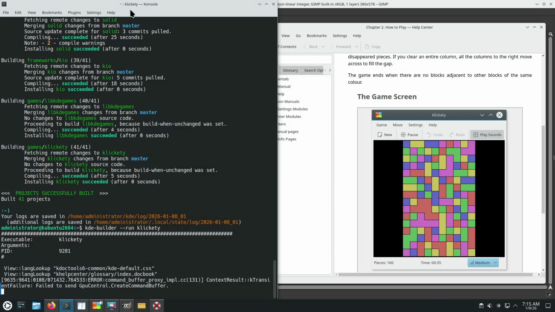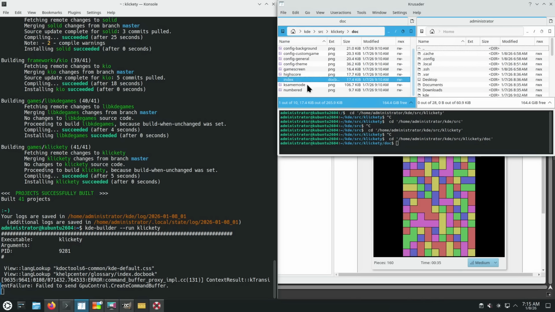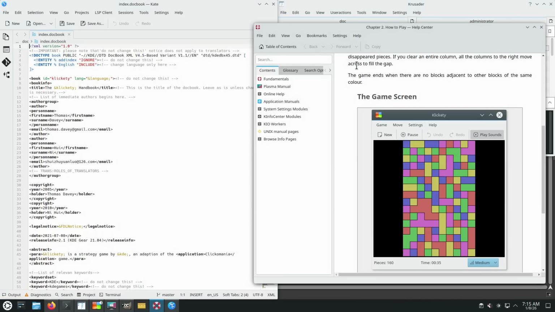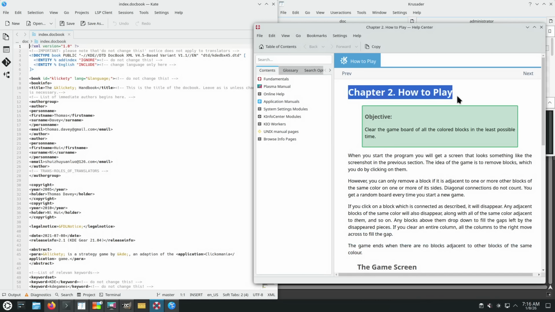Okay, so we have built Clickety using KDE Builder, which means that the source code and the Git repository is in ~kd/src/clickety. In here we have a directory called doc, and in here we have the docbook, so the XML file that is being used is the source that specifies everything that you see in here. So the fact that there's a chapter called chapter 2 how to play,